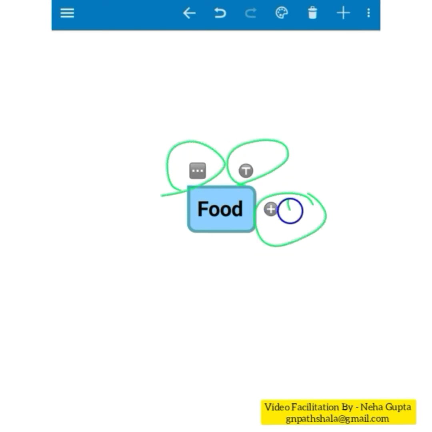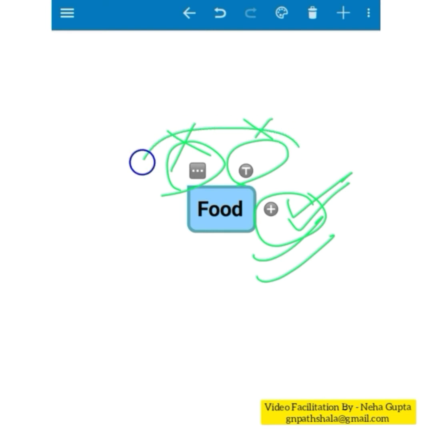Initially we want this one only, because this is our first video on concept maps, so we will avoid unnecessary details. Initially you can ignore these two options and focus on this one only. Gradually you will learn how to use these also.